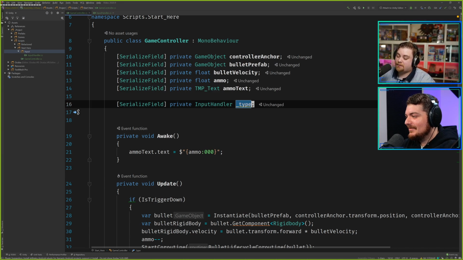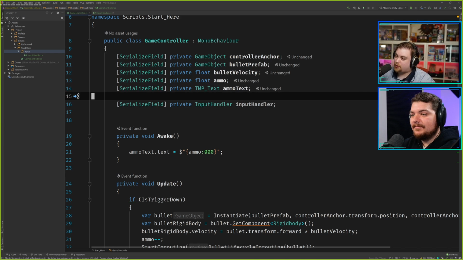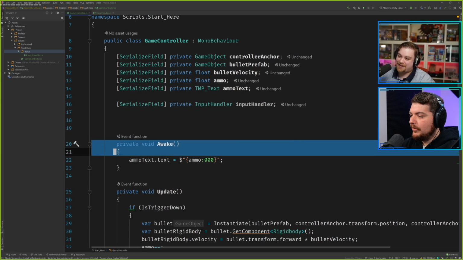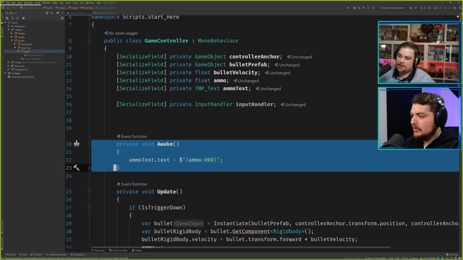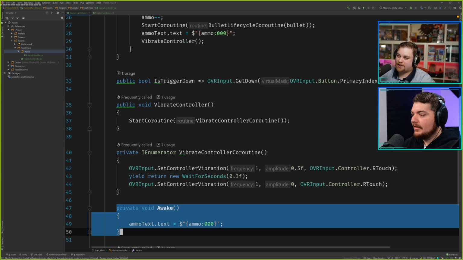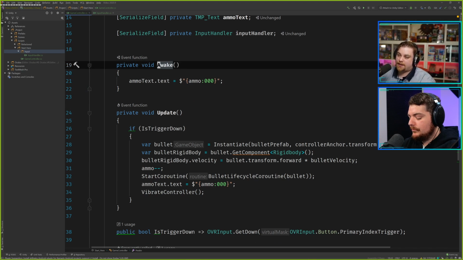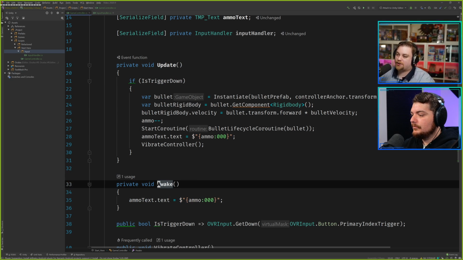Oh, by the way, Jason over at Unity3D College pointed one out to me: Shift Control Alt and up and down. That's one I didn't know existed that I now use to move things around every day. You don't even need to highlight it. If you just click on the word update and then do that, it'll move the update function by each logical chunk.